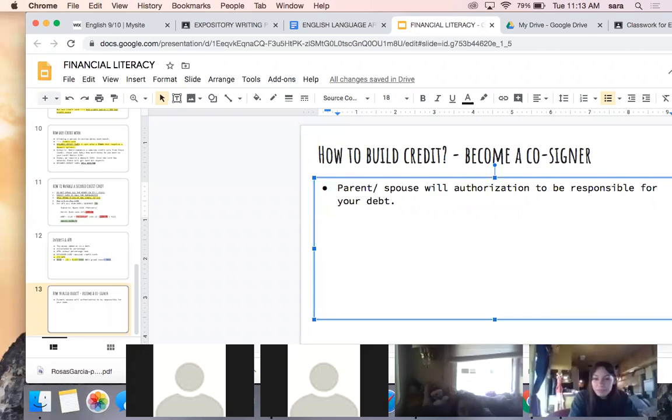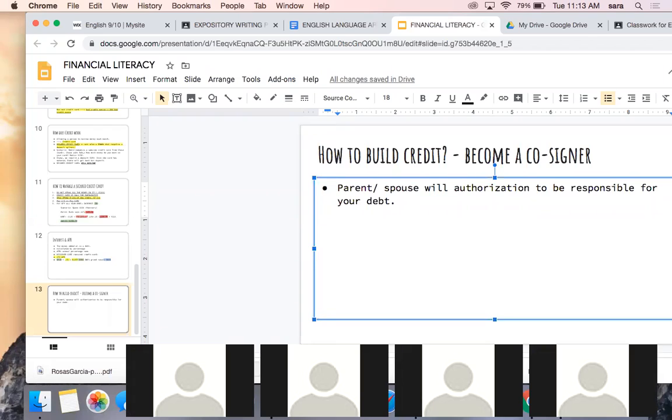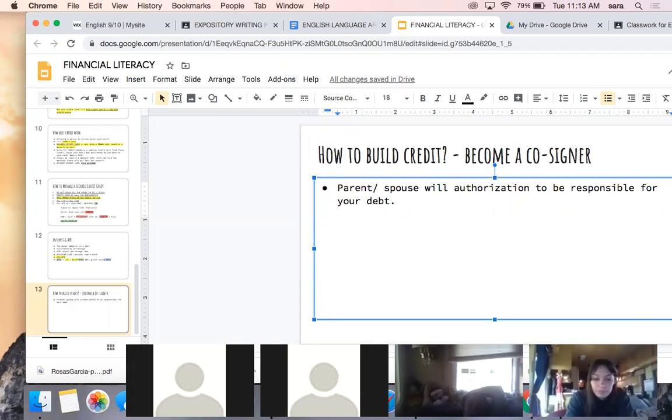And I'm gonna go and request the card, not a secured credit card, just the card for her. And I'm gonna say I'm gonna be responsible for her debt. So if Ashley doesn't pay, guess who the bank is gonna look to? Me. So they're not even gonna ask her to pay, they're gonna ask me to pay because I'm a co-signer. Her credit is gonna be damaged and my credit is gonna be damaged, okay?